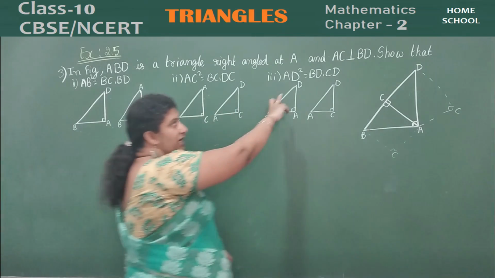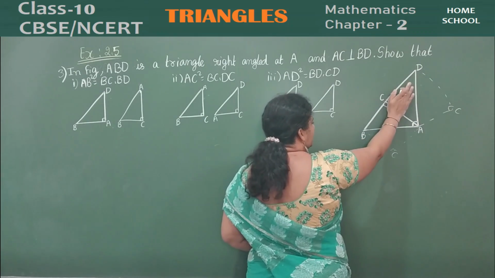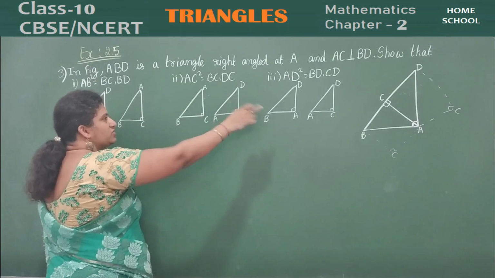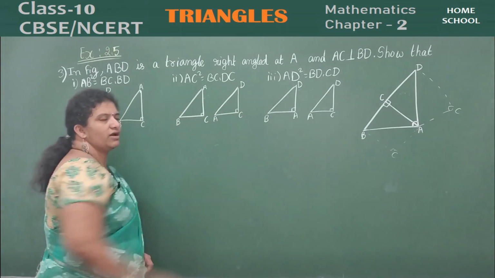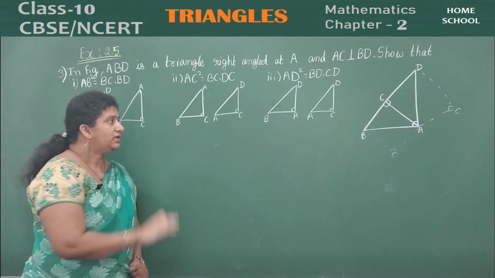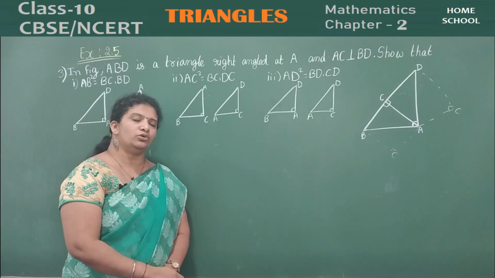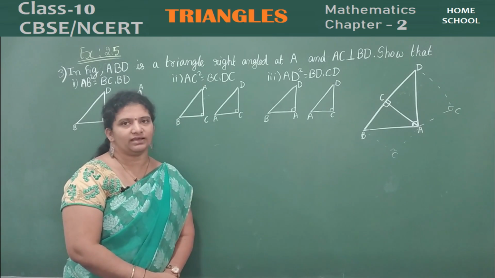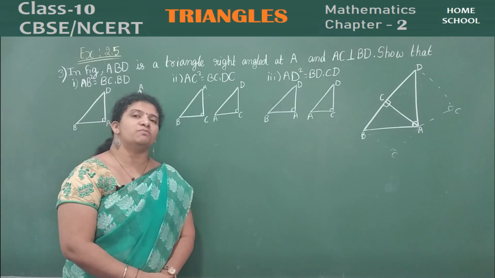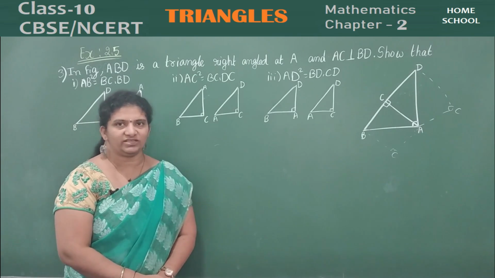Now third statement, AD square, children. So AD square means big triangle and this small triangle. Already we have done that triangle. So big triangle is there. So combinedly you do that. Okay. So what do we need to do? The three cases asked. First thing what we need to do? First compare the two triangles. Make them similar. Then equate the corresponding ratios. Then cross multiply. You are going to get the equation.